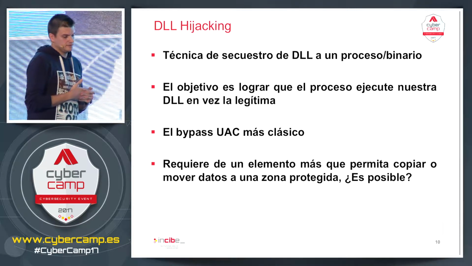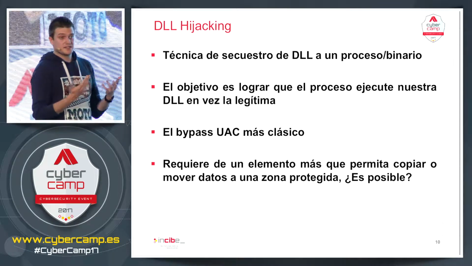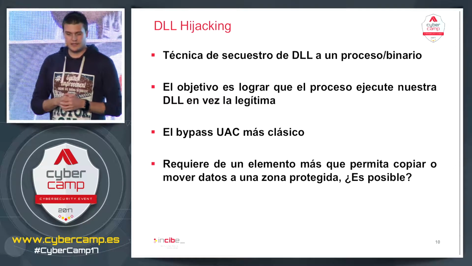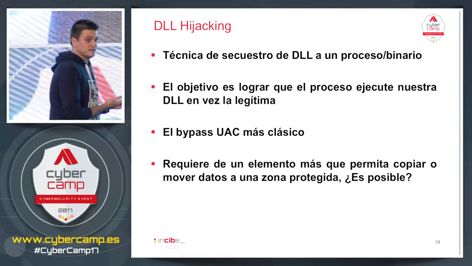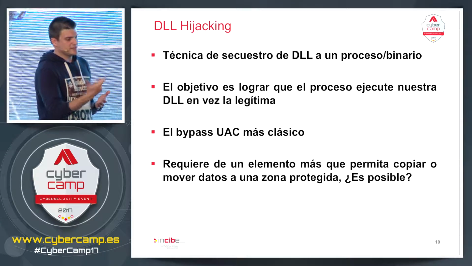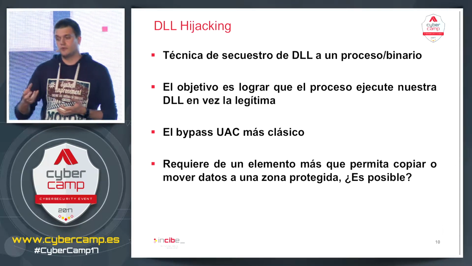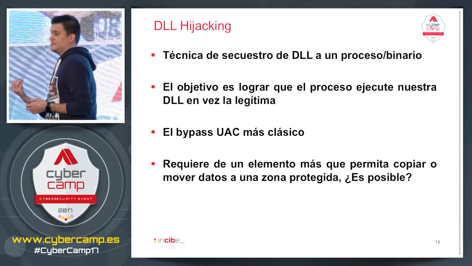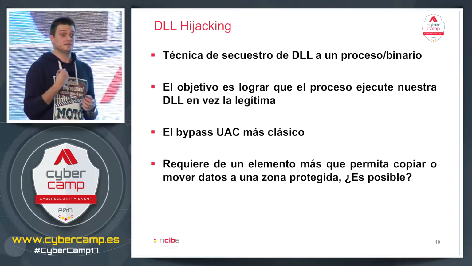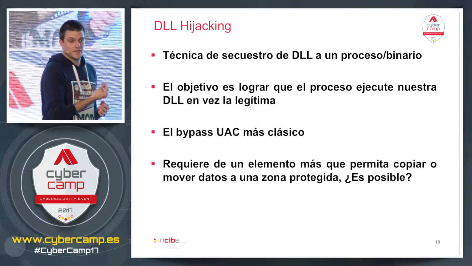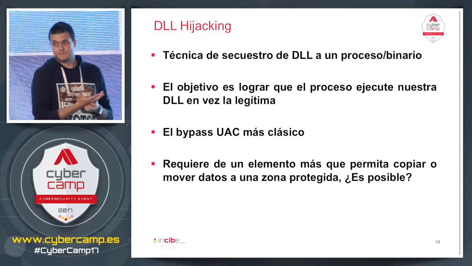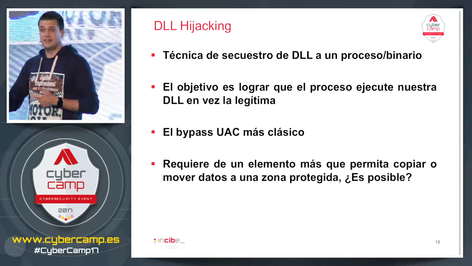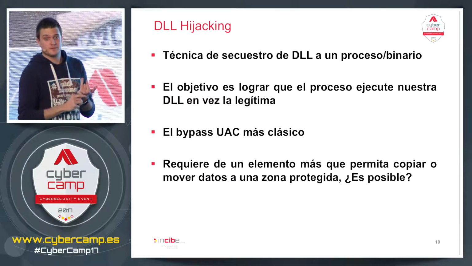There are different types of techniques in order to do UAC bypasses. The most common one, the one that's more broadly used, is DLL hijacking, a DLL sequester. That is when a legitimate process reads a DLL. If instead of reading the original one, it reads mine, it will run the code that I have included in that DLL. So the objective will be a process that will elevate my DLL, and